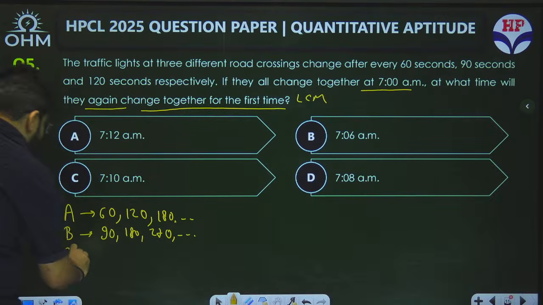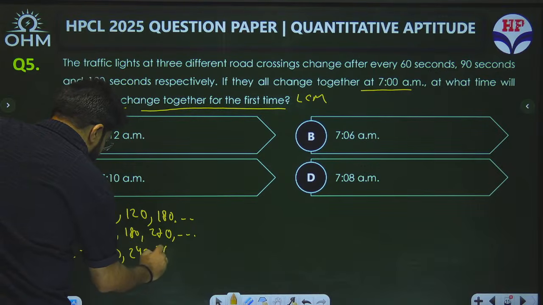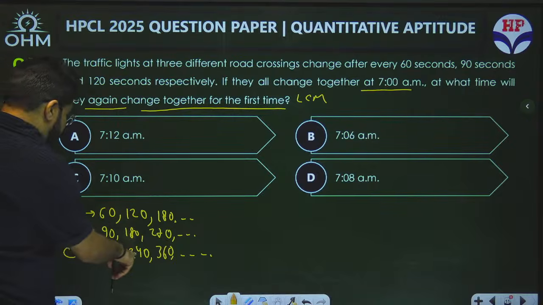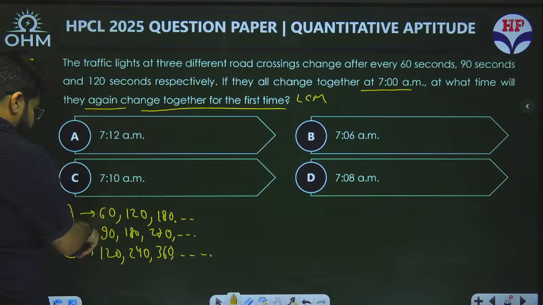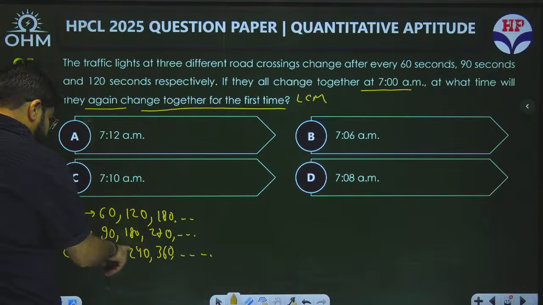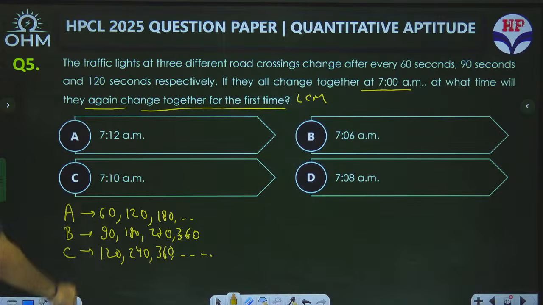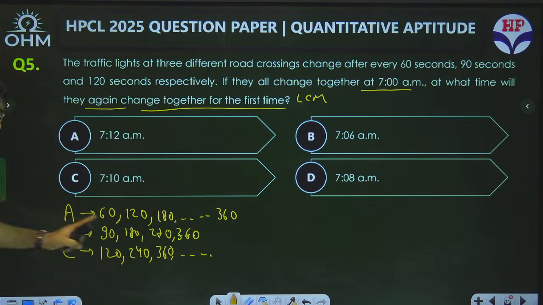But C will change at 120, so 120, 240, 360, etc. Now definitely 240 will not come in the 90 list. There are 2 ways of handling this. If I just go and calculate this way, 120 is not in this B list. 240 is also not going to be in the B list because 240 is not divisible, but 360, because I am taking multiples of 90, after 270 the next number I could have written is 360. Here also it is multiples of 60, so somewhere 360 will come. So 360 is the only interval